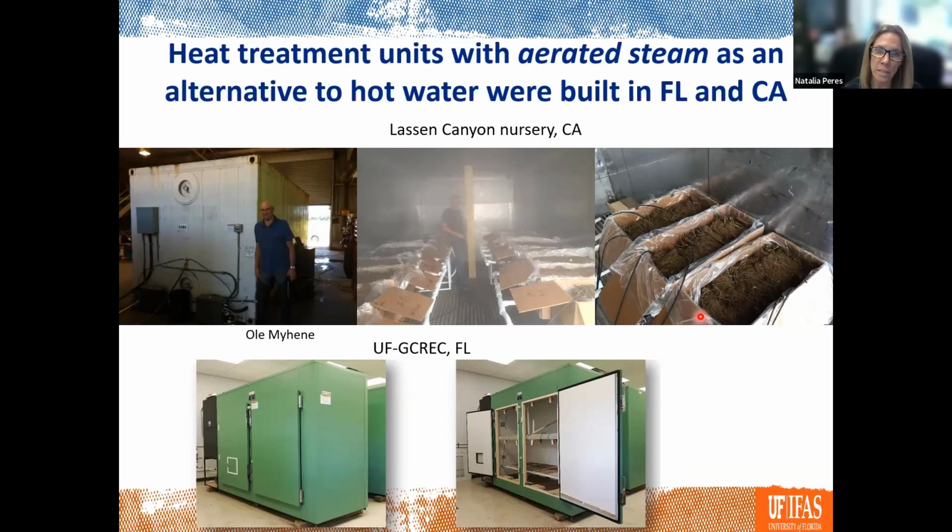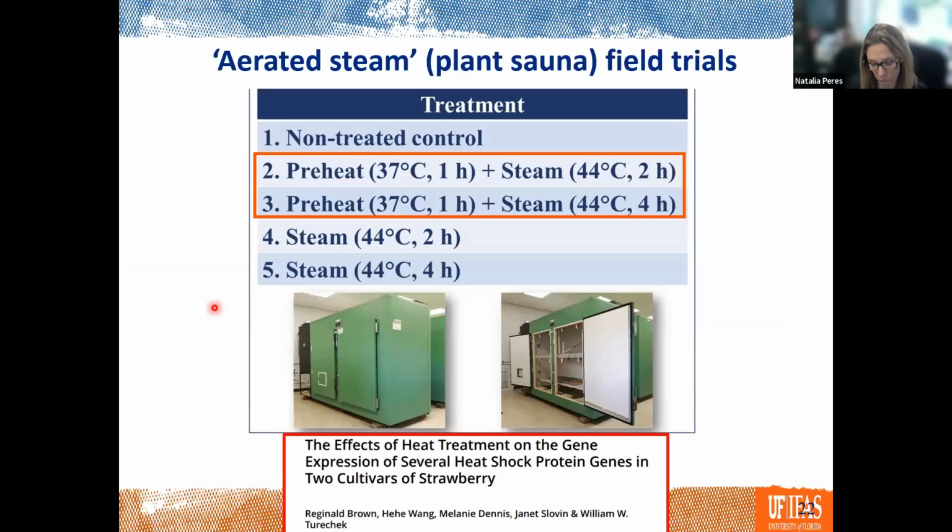To heat treat those transplants, we built a couple of prototypes to do the testing in Florida and California. The one in Florida was a growth chamber that was not being used, which we adapted to incorporate some steamers on the side. The one in California was a truck container that we attached steamers to. An engineer from Norway, who is also a grower in Norway, helped us build those chambers. During the duration of that grant, we did a series of trials,